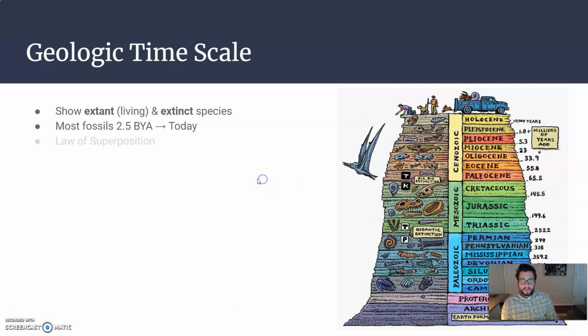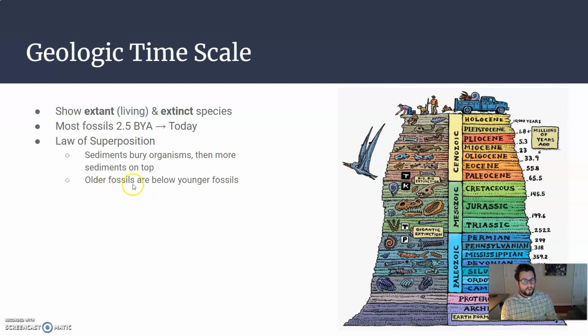And because of the law of superposition, if an organism is buried in sediments, more sediments pile on top of that, so we can assume that older fossils are below younger fossils. So that gives us a time frame for these organisms. We can also use carbon dating. We can use a carbon-14 radioactive isotope that we know how it changes over time. So we can measure the specific amount of this carbon-14 that is there,